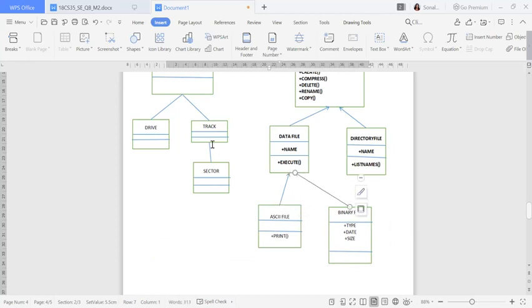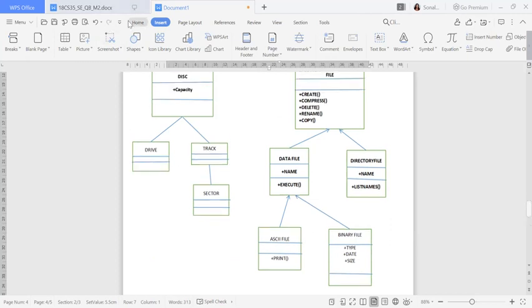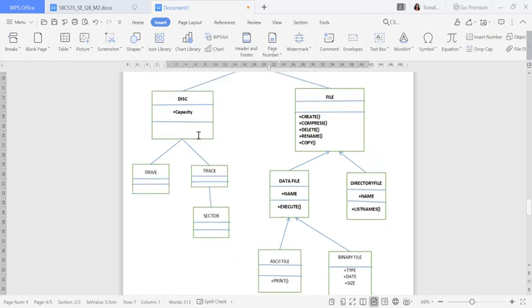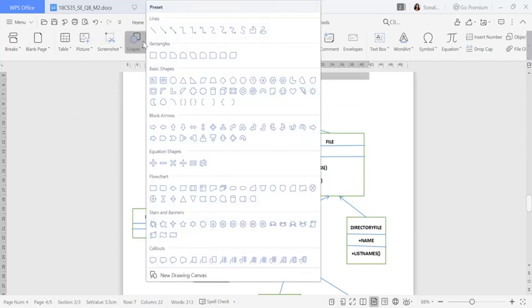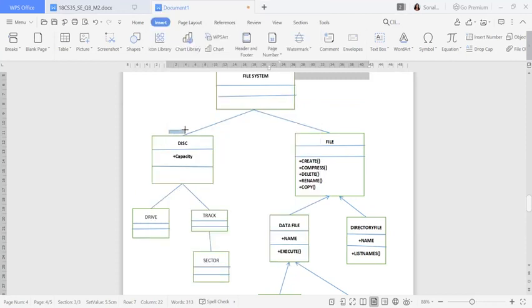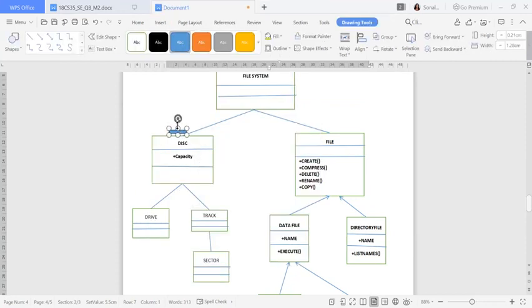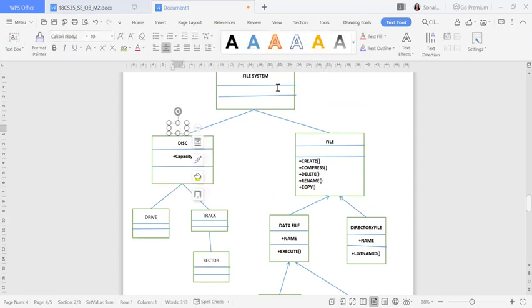Okay, so if you want to give one to one or many to many, wherever you want you can give. Wherever the arrow marks are there, no need to give. So if I want to give, suppose here I want to give many.